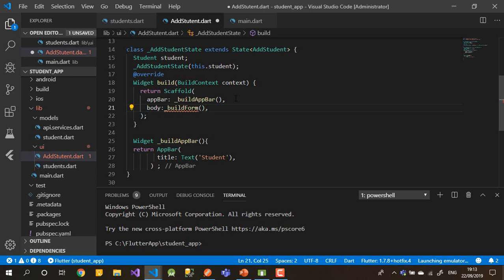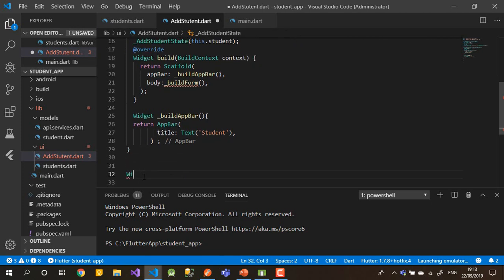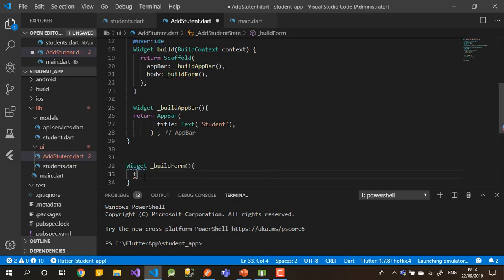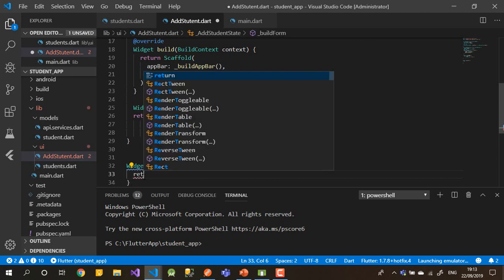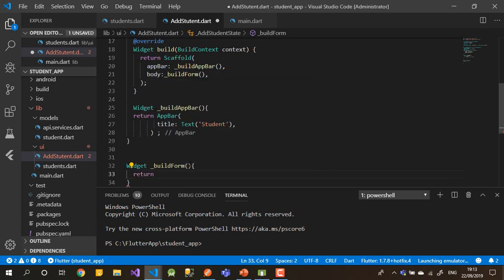Okay, let's create this widget under this one. Okay, let's do this one. What will this one return? This will be a hard job here. It's not that hard, but we need to be careful how we are building the form. It will be a bit ugly after that. We can enhance it with editing and many things inside it. So here